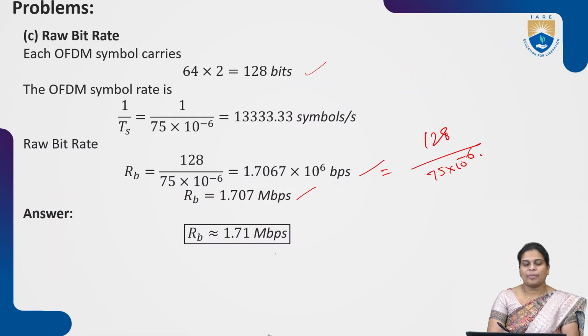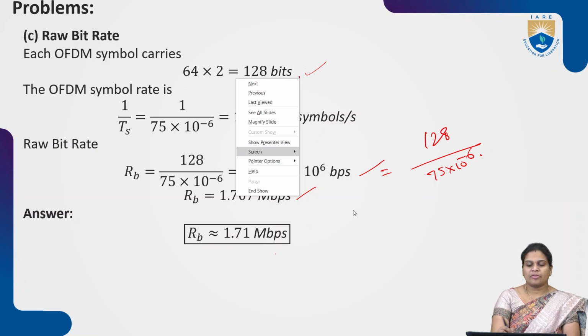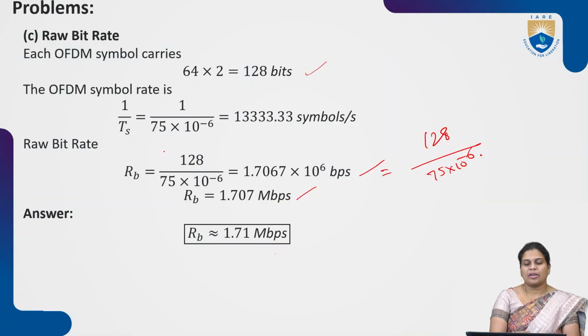Next one, how to find the bit rate. Number of OFDM symbol subcarriers into how many bits? 64 into 2, 128 bits. Next one, 1 by TS value. Already we know it is 75 microseconds, that is 1 by 75 into 10 power minus 6. Next one, bit rate, that is 128 by 75 into 10 power minus 6. So we are getting 1.71 megabits per second by using 64 QAM. 1.7 megabits per second means within a second we can transmit 1.71 megabits of